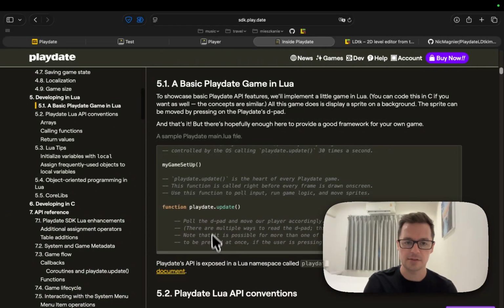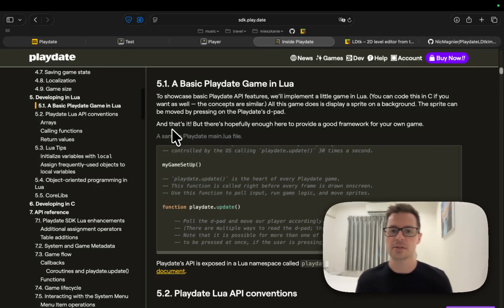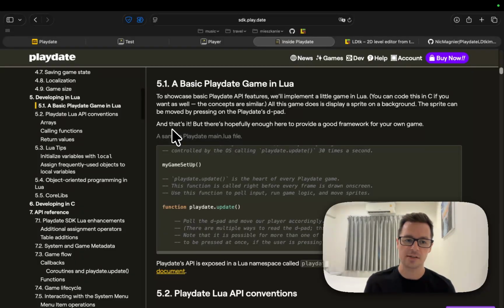In this case, the first instinct should be checking the documentation, the official documentation made by Panic, which is very informative and very helpful because it showcases all of the capabilities of the SDK. It shows everything that you might need when you create a game. It can be daunting to go for the whole thing, but I would still recommend at least one thorough read / scan through this whole documentation, because there are some things that are